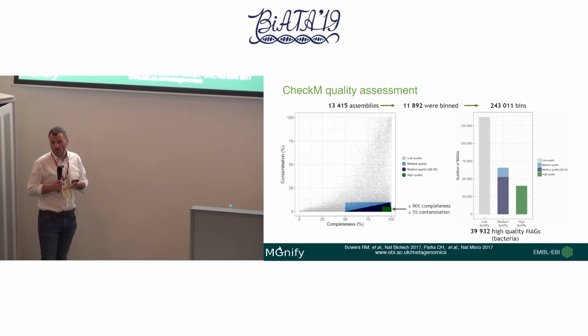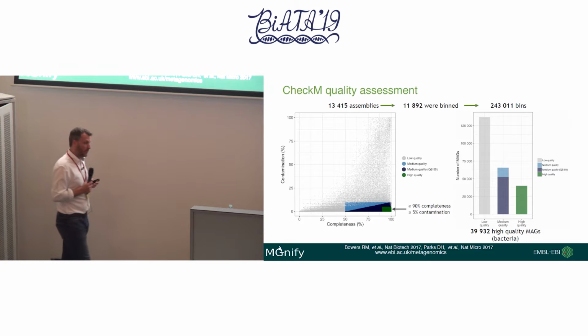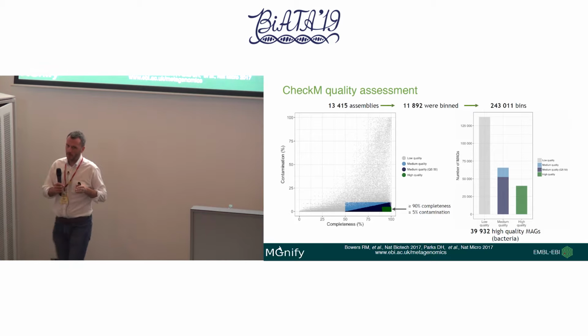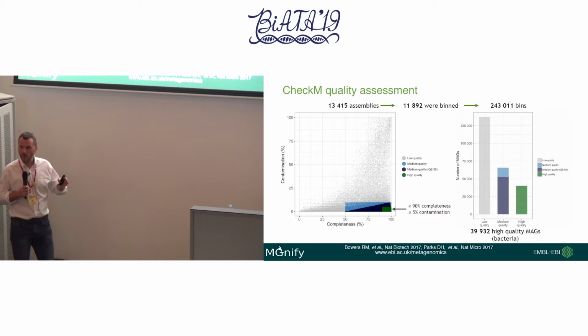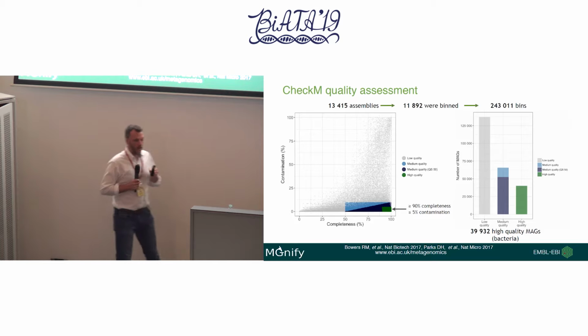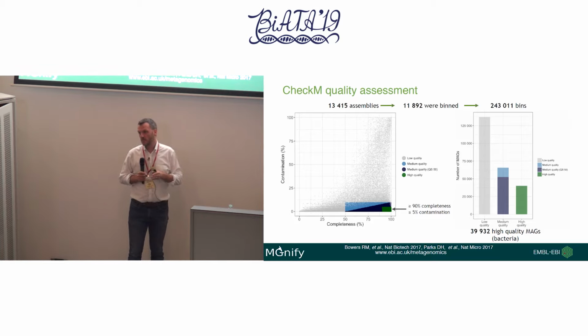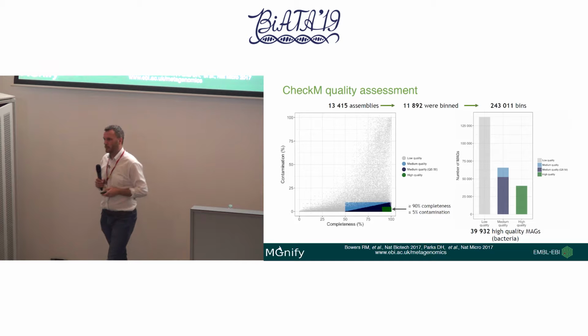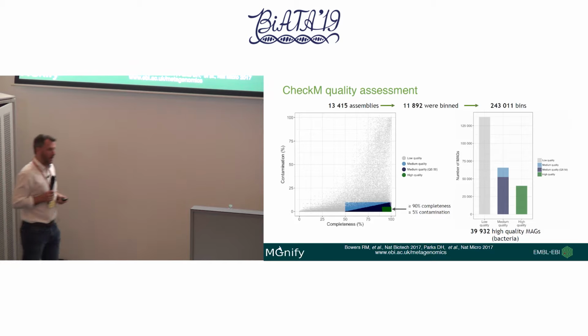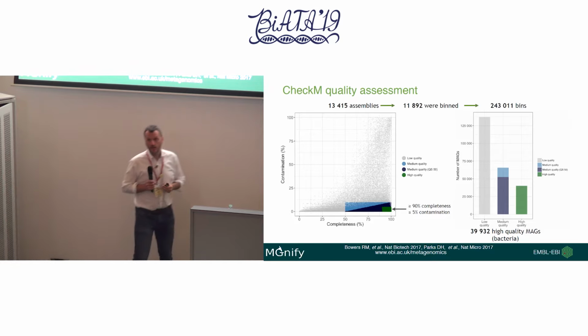Some of them were just a bit ropey in terms of sequencing. We just didn't get long enough contigs, so we will only bin if we've got contigs over a certain length. So we put a threshold of 10,000 base pairs for the longest single contig, and we also put a limit of 2,000 base pairs as a minimum contig length that would go through to the binning. So not all data sets gave good assemblies, but from that we got nearly 250,000 bins out.